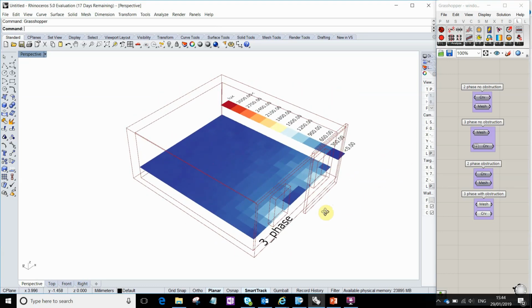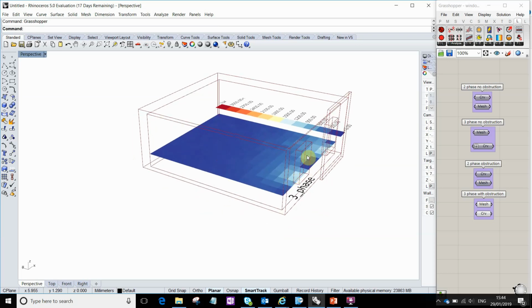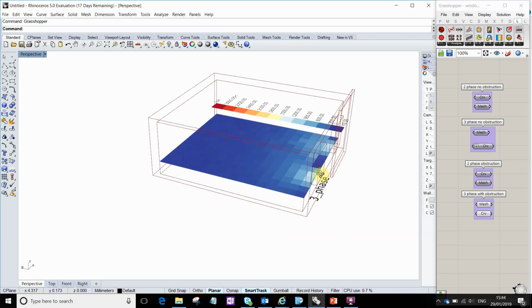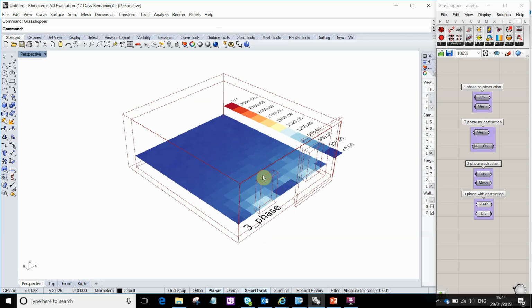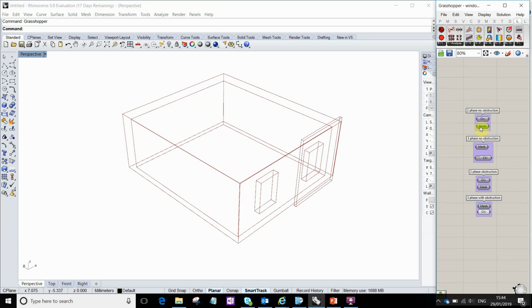And the reason this is happening is because when you have windows in the same group, which is the same as saying of the same material, when you feed it through to Arcontrib or Rflux, if you know your Radiance command line, what is happening is because they are of the same material, it's basically taking an average. So can you see there's light coming through on both, but if we compare it to the three phase without an obstruction,